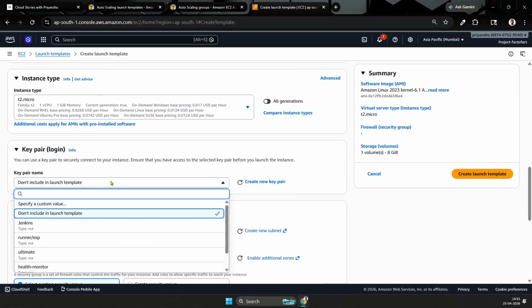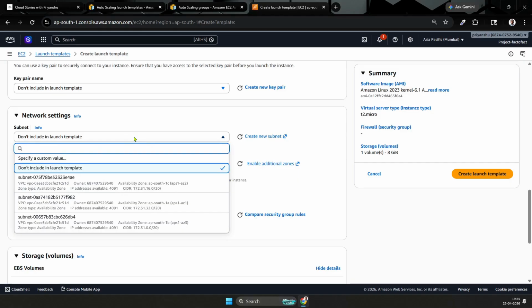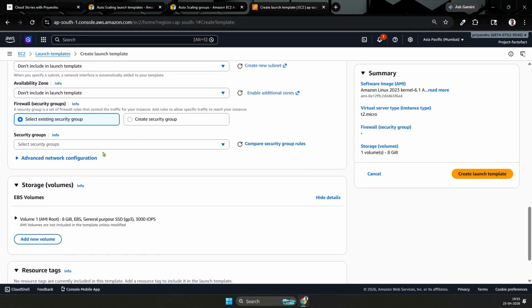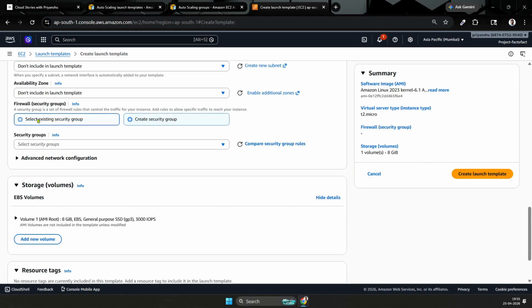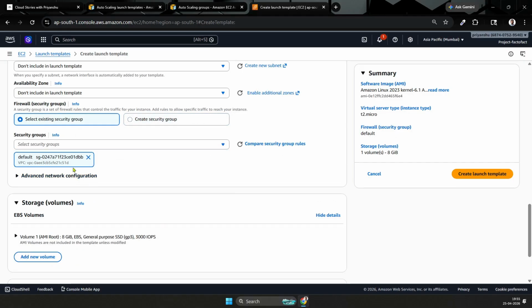Key value pair, we don't need a key value pair, so we'll keep it like that. For subnet, we'll keep it as default, or we'll just keep it don't include in launch template. For security group, we'll create a security group, or we'll select the existing security group which I have, default. If you want to see, just grab the security group name,